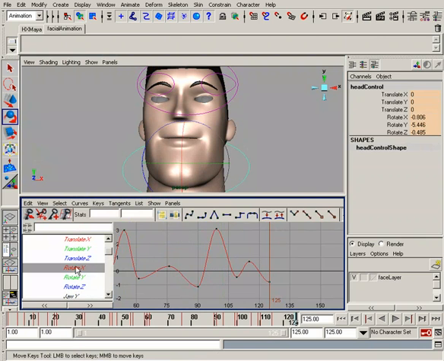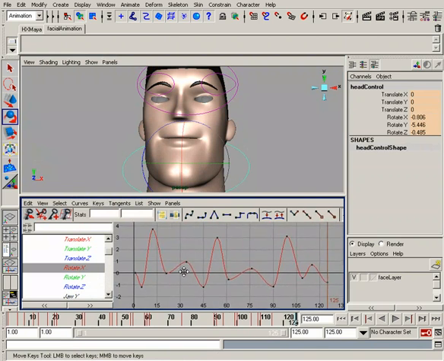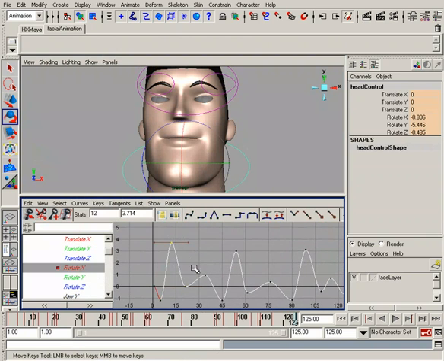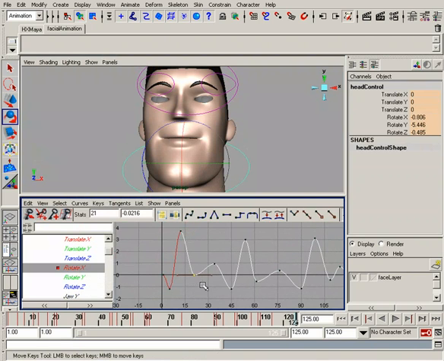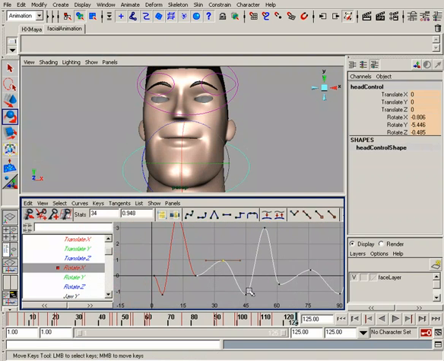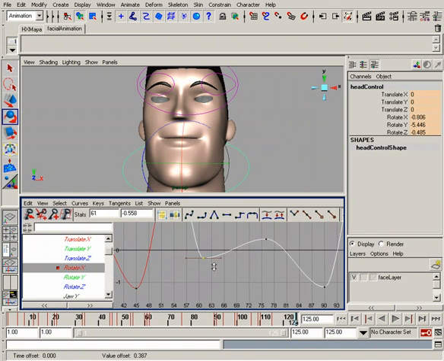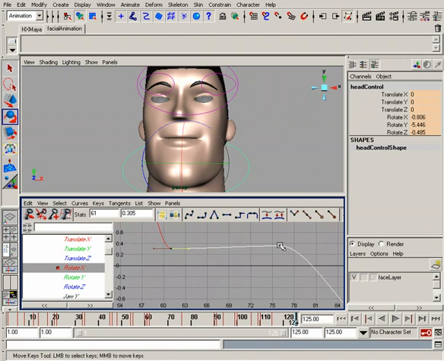Okay, so let's start with the rotate X and we'll hit F. What we want to look for are any tangents that are not necessarily peak keys. And what I mean by that is, here's an example. Here's a peak key here, and then here's a peak key. So they're the ones that make up the hilly F curve. All right. So if we had a key, for example, where the key was more planar with the adjacent key next to it, like for example, if we had a key like that, we'd probably want to adjust the tangency of either of these keys so that they'd have more of a flow,